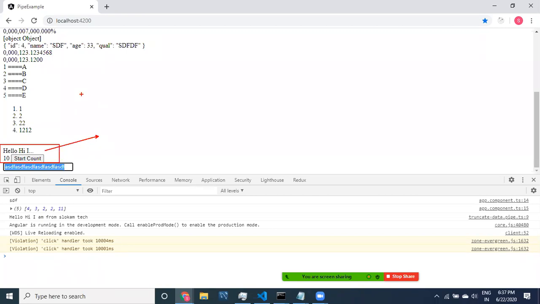Meaning that your vehicle is going to get blocked in the traffic, which means you cannot move. In the same way, because of this blocking, no other activity can be done in the browser. You cannot type, you cannot check other things, you cannot do anything. But this is old fashioned. This is old fashioned blocking technology.